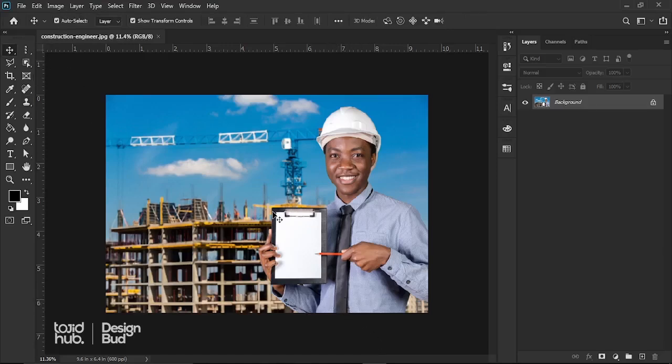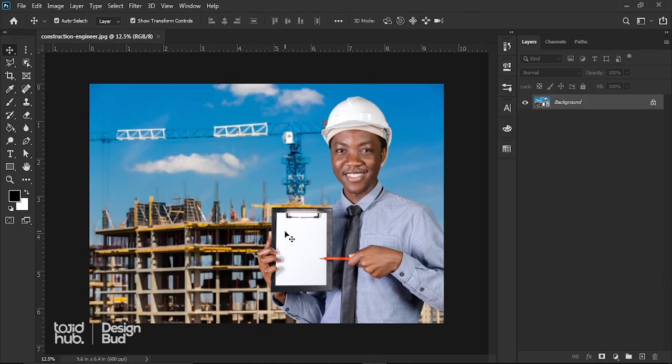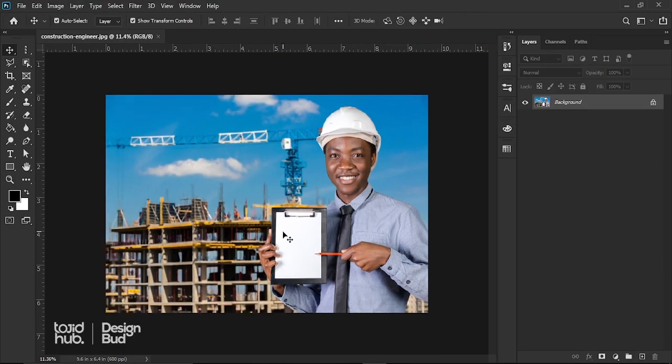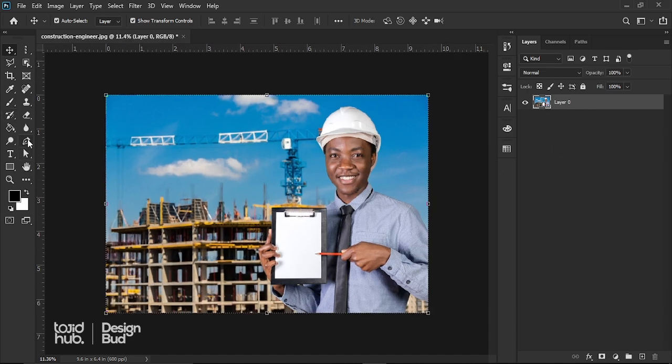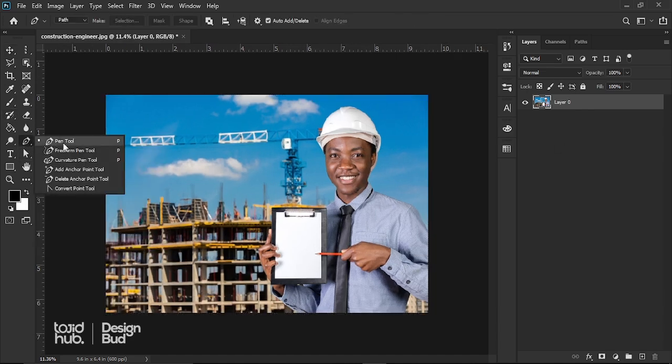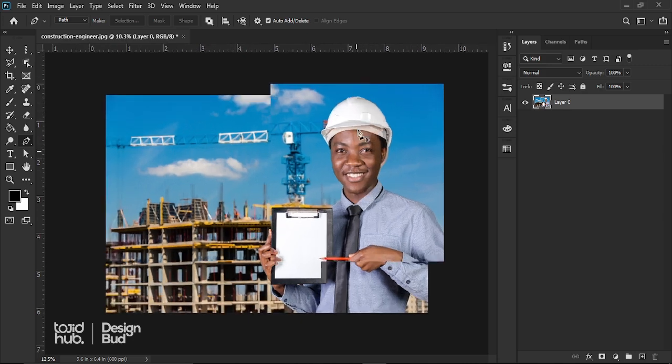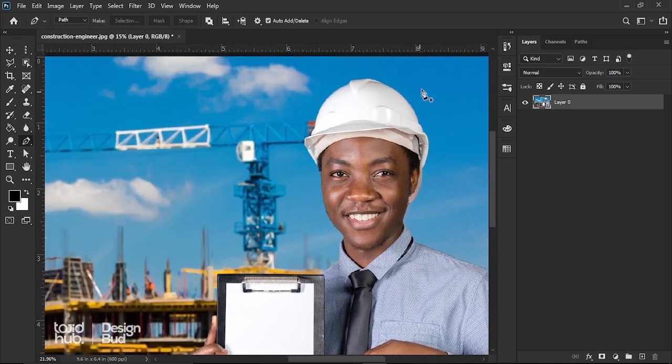Welcome back. So I'm going to show you another way of tracing your objects, but this time we are going to be using the pen tool. First of all, you unlock it, you convert it from a background layer to a regular layer where you can make use of. Then go to your pen tool or you tap your key P on the keyboard. Then you begin to trace it one by one